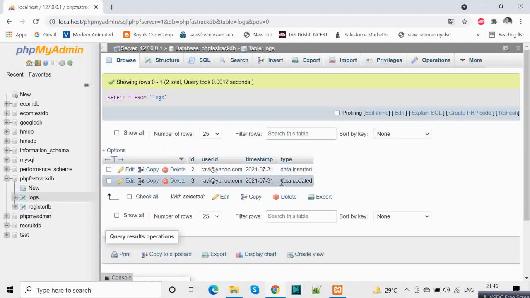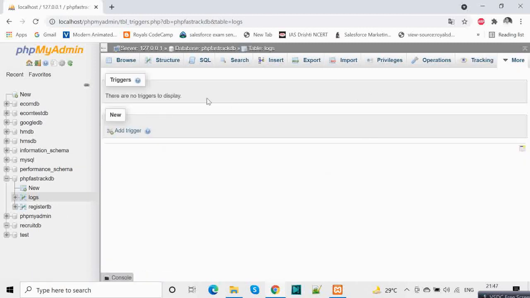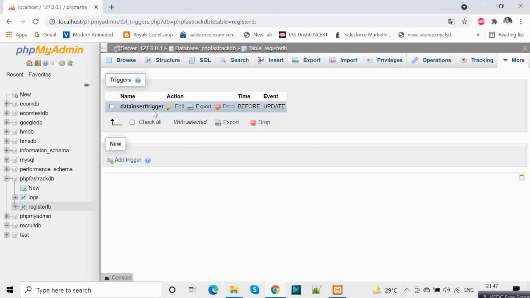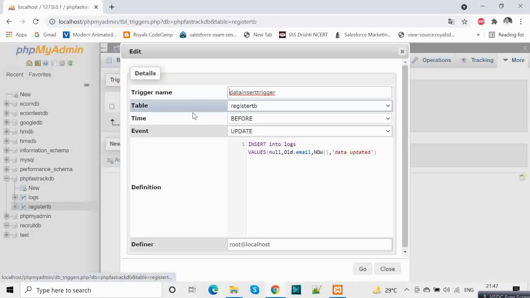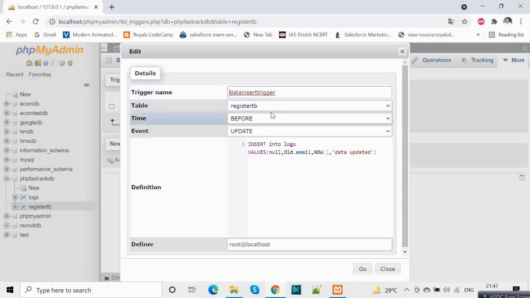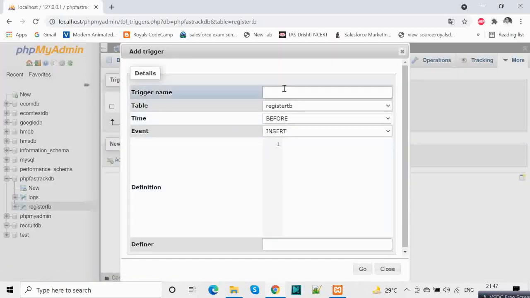Now let's go to our logs, and if you see, the data has been updated by whom? By this record, which is Ravi, and the timestamp. So similarly you can do it for delete as well. Whenever a record is deleted, let's do that as well. So this one was the insert one, this one data update. Now let's change this, or you can create a new one, no problem.